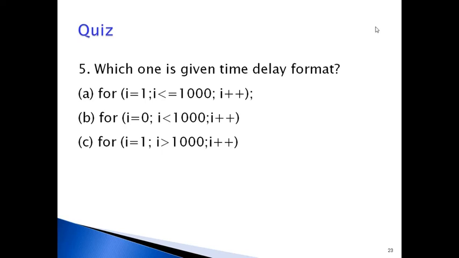As we discussed, the null statement is used for time delay purposes and is ended with a semicolon. The first option is correct. In option A, the for loop is ended with a semicolon. That's why it is used for time delay purposes.